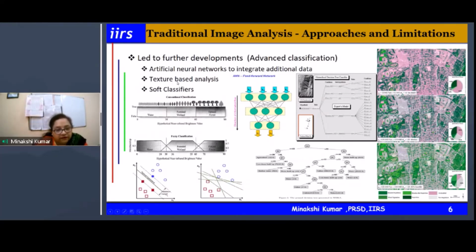Then there were texture-based classifiers, the soft classifiers based on fuzzy logic, support vector machines which classify based on determining the optimal hyperplanes, the expert classifiers, and the decision-making rule-based classifiers, all for increasing the accuracy of the pixel-based classifier. Whenever the resolution goes on increasing, the class variability increases and the classification accuracy was decreasing. So to overcome this,